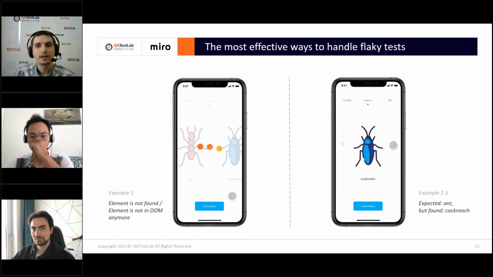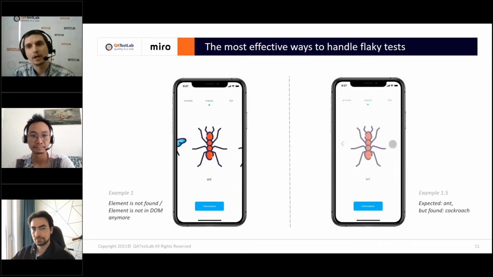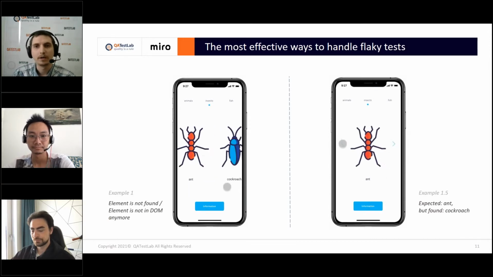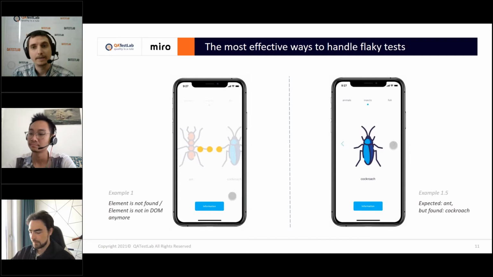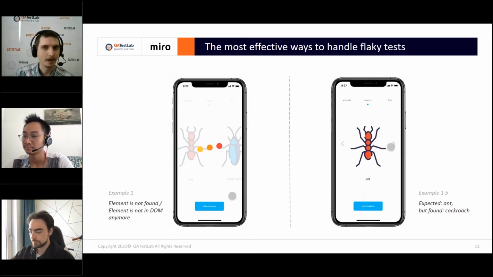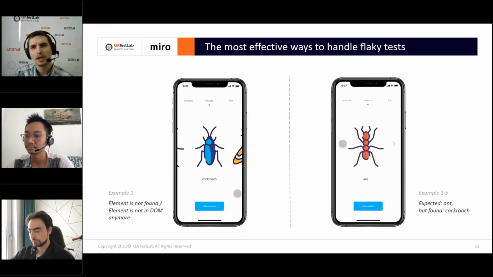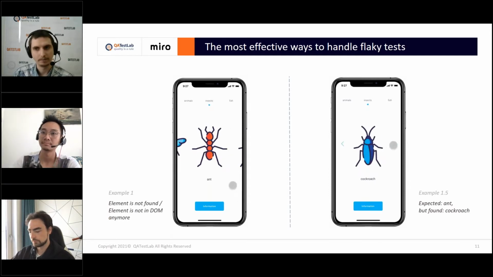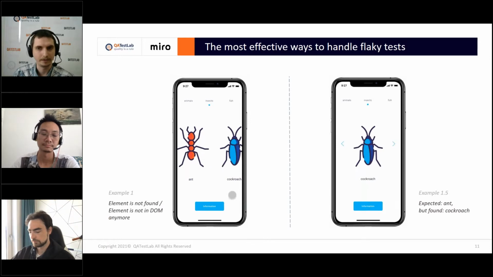What can be done if we decide to fix this issue alone is to wait for the progress bar for 10 seconds or so, and then wait for the cockroach view, regardless if the progress bar appeared or not. It will work, but the test might not catch the progress bar in case it's displayed for a short period of time,